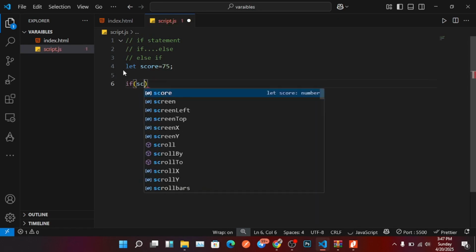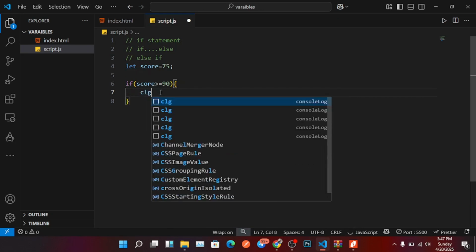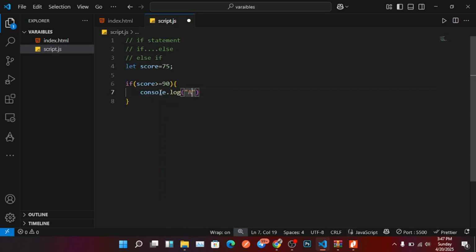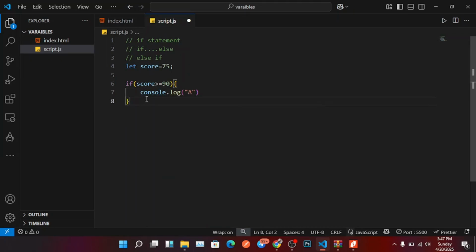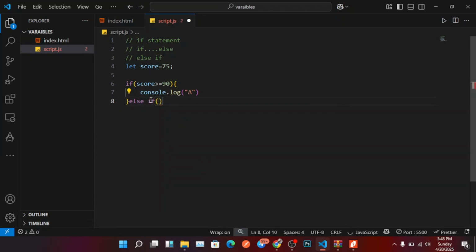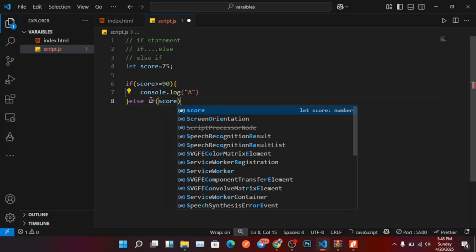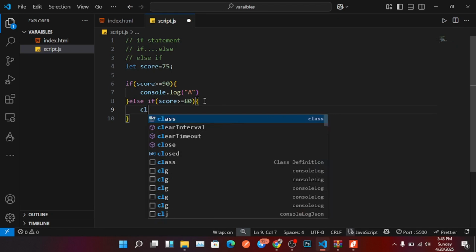If score is greater or equal to 90, we console.log "this is an A", and then we use else if another condition: if score is greater or equal to 80, we console.log